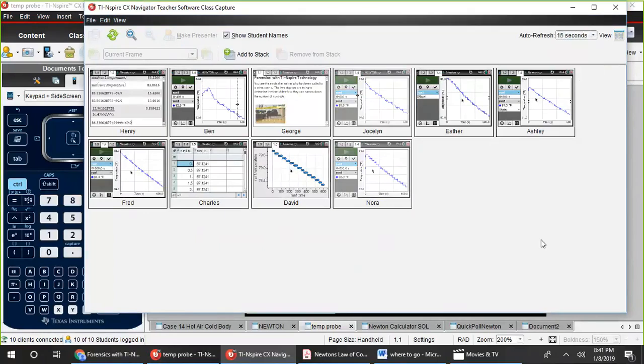from the pull down. My first step immediately following data collection is to have the lab member whose calculator was used to collect the data send me his or her file. So now instead of my computer, I'll be using Ben's handheld, here's Ben, and the live presenter feature on the Navigator system, which allows the student to lead the class. So I select Ben and make presenter.